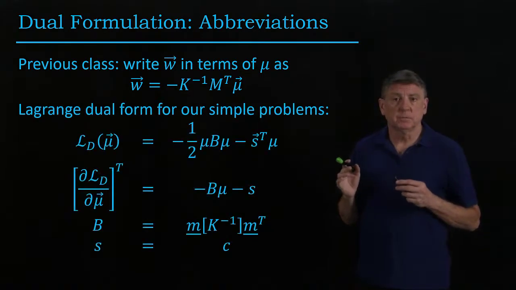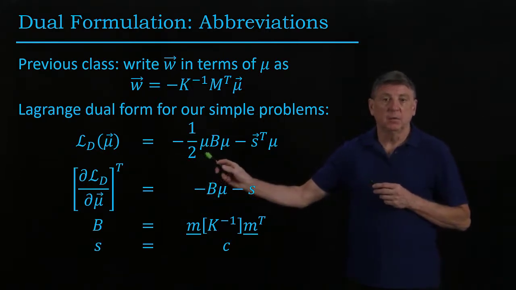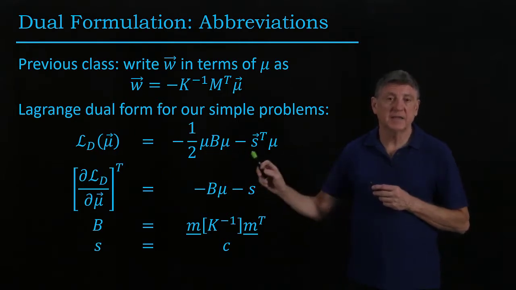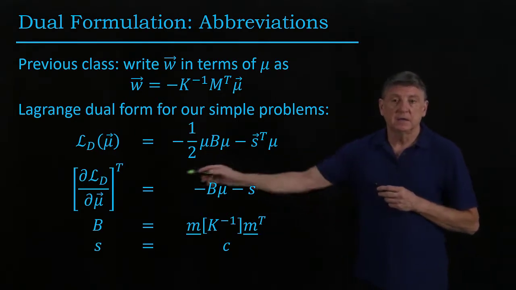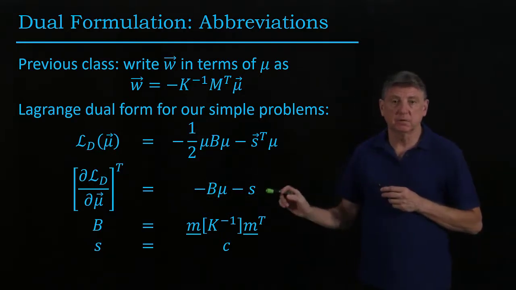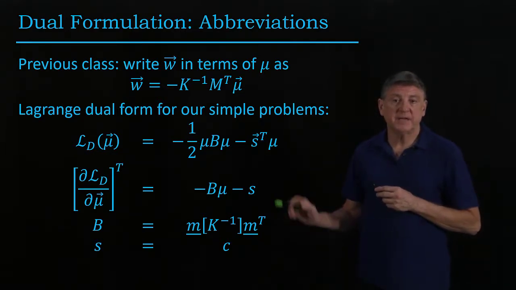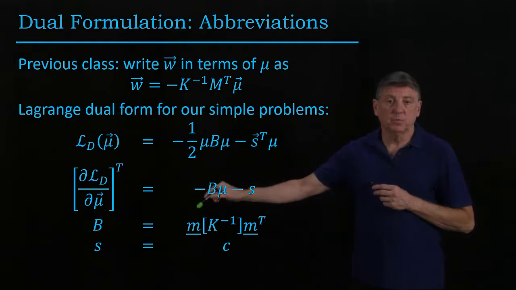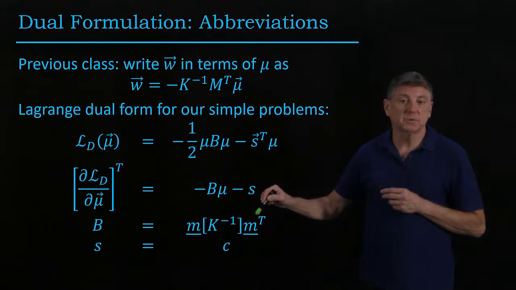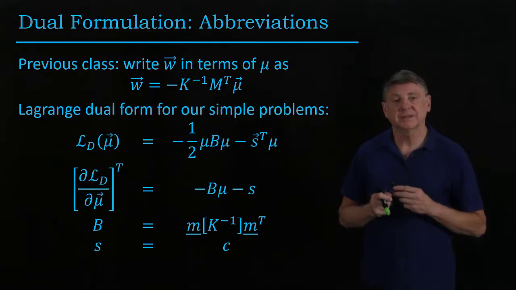For our simple problem, the Lagrange dual will be minus 1/2 of mu squared b minus s times mu, and the derivative of this Lagrange dual with respect to the Lagrange multiplier is a simple term. And here b is our abbreviation for the constraint 1 form times the inverse of the symmetric positive definite matrix times the transpose of the constraint 1 form. And here the term S is simply the constraint